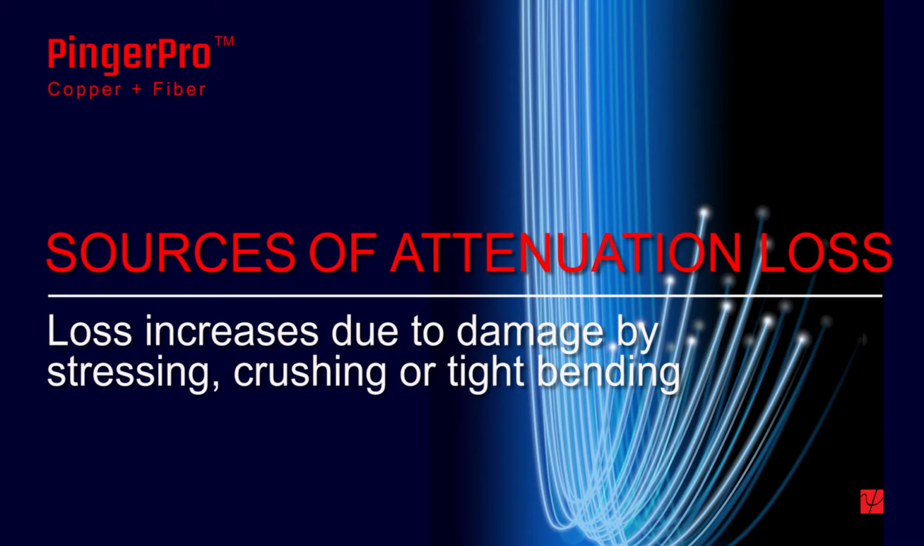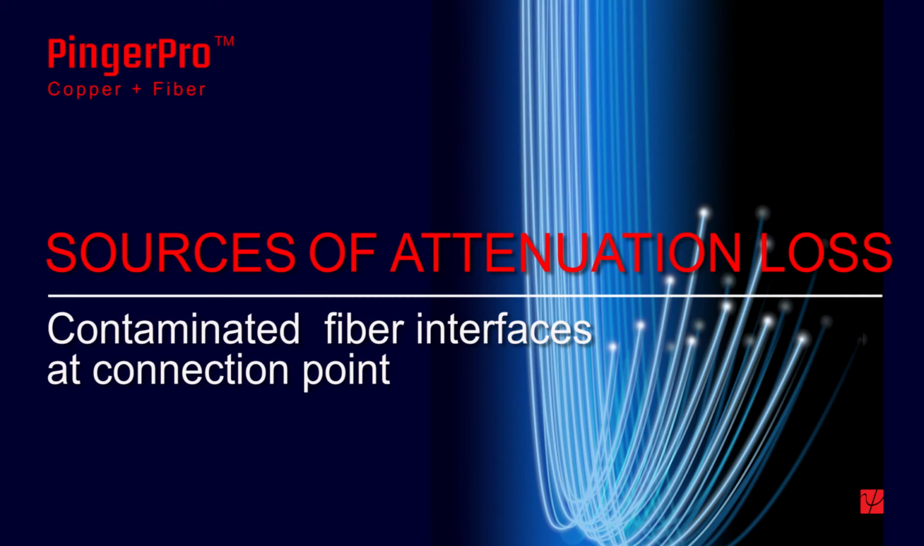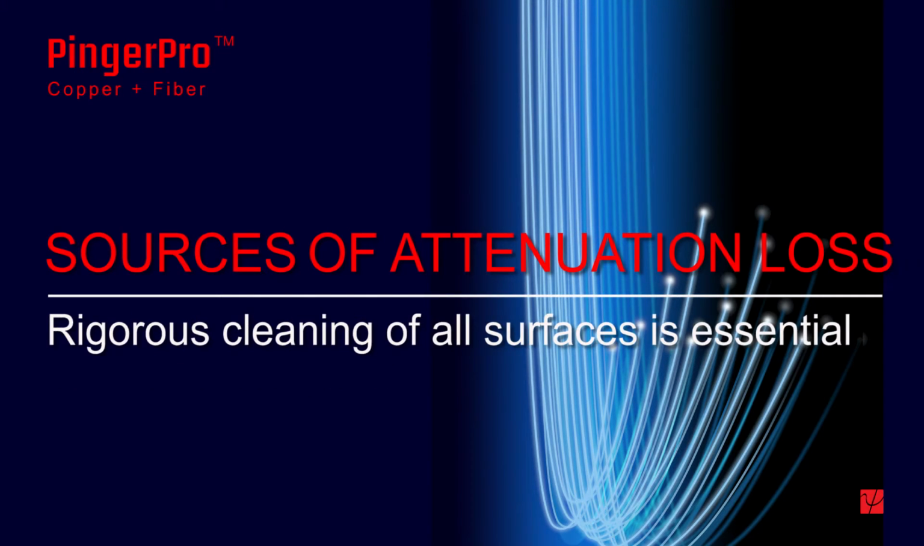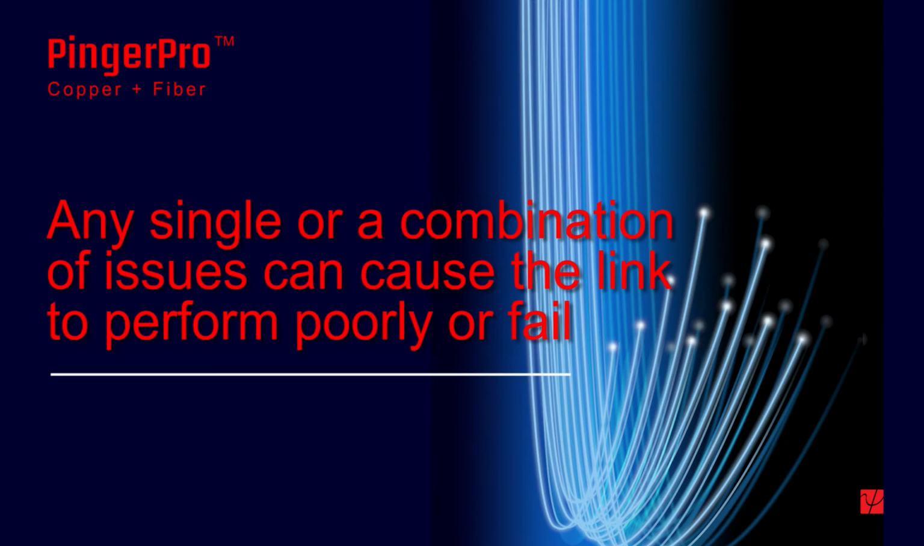Another major source of attenuation loss is contaminated fiber interfaces at a connection point. Unprotected fibers in connectors, adapters, and SFP or GBIC modules can easily collect foreign materials, and any residue left on the fiber mating surface during connector installation adds loss to the link. Rigorous cleaning of all surfaces is essential, and fibers should be capped until put in use. Any single issue or a combination of these issues can cause enough attenuation loss for the link to perform poorly